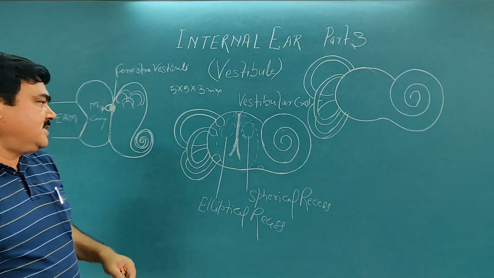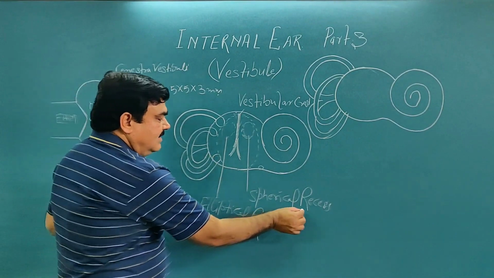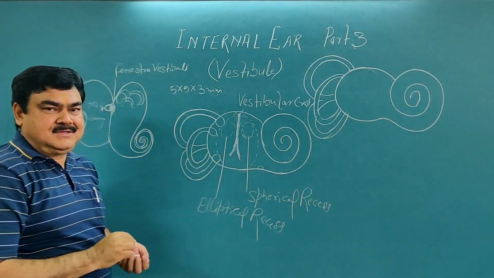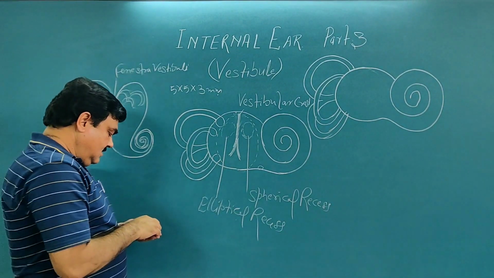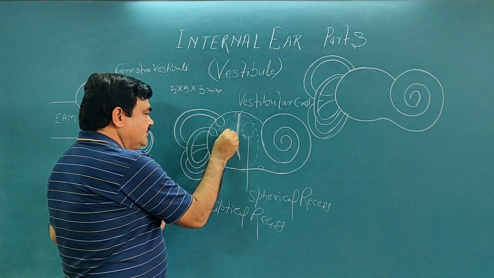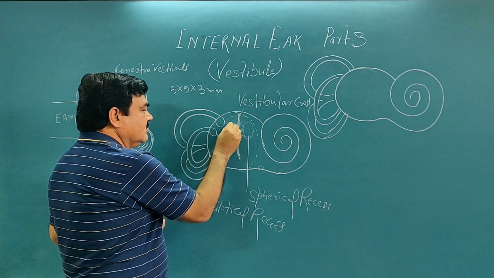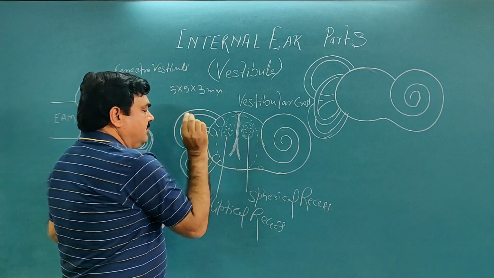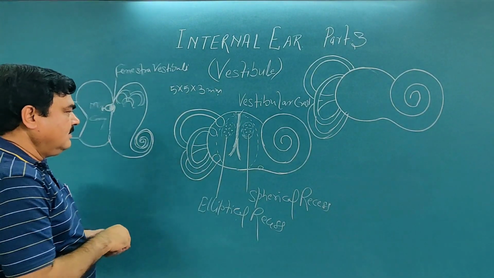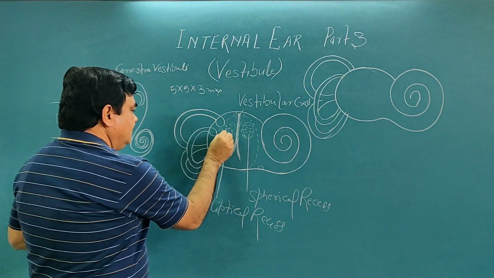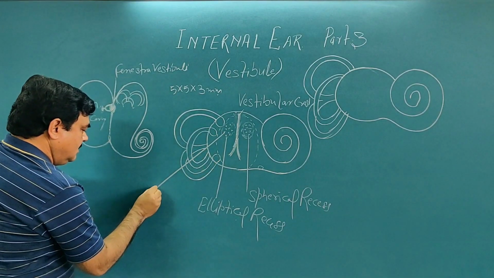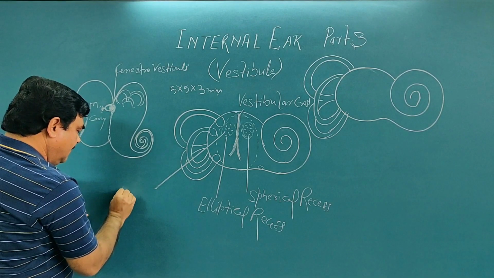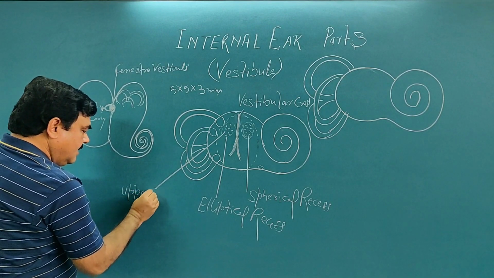So two recesses are present here. The elliptical recess and this is the spherical recess. Here you can see numerous foramina. These are the numerous foramina present in these recesses. The foramina in the elliptical recess are for the upper fiber of